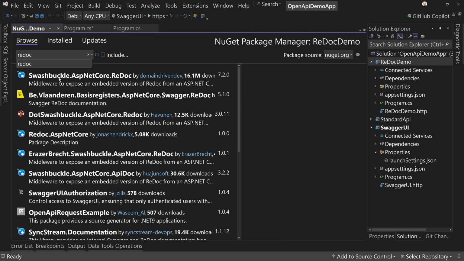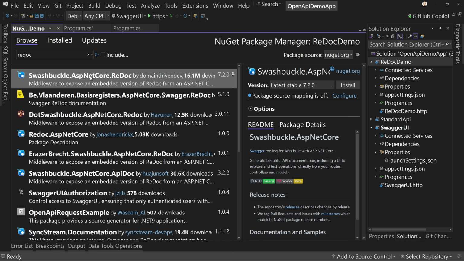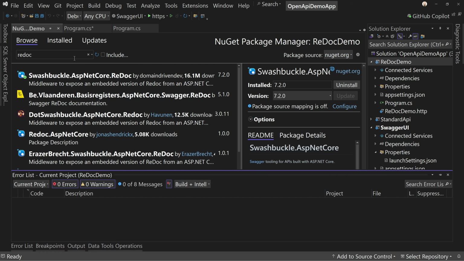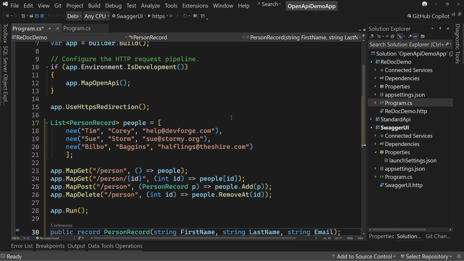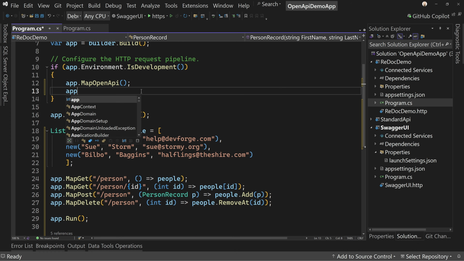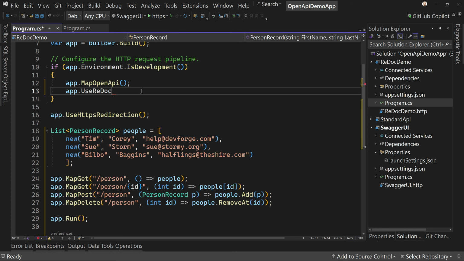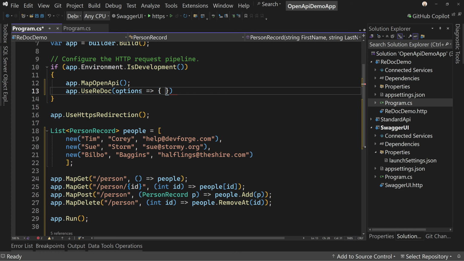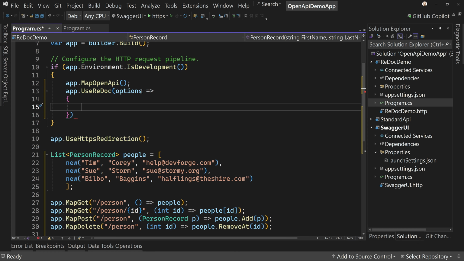When you do, you're going to get swashbuckle.asp.core.redoc. This is version 7.2.0. All right, so it's very similar. Okay, let's hit install, apply, close that out. Now in your app.map open API, after that, you're going to say app.useRedoc. Again, options, your arrow key, curly braces. Inside here, you're going to say